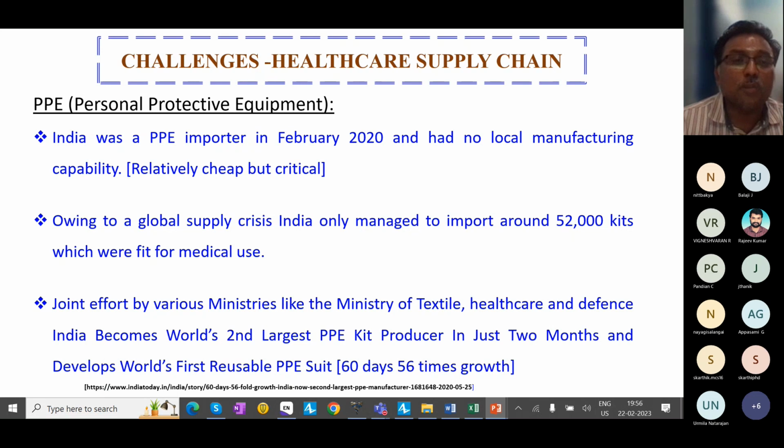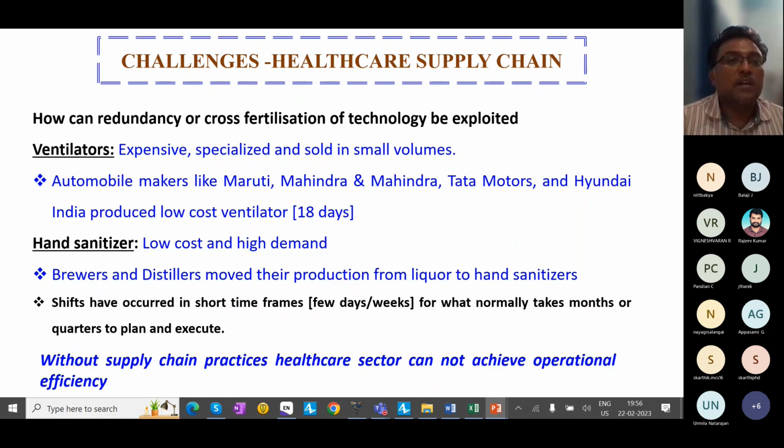This is for PPE, and you see what is the supply chain idea behind this. So definitely this can be a material part of supply chain, right? Material centric supply chain, right? You should know how this works. You can refer, I have given the link for this. Plenty of content is there. You can just read how a material centric supply chain enables achieving this goal in a very short span.